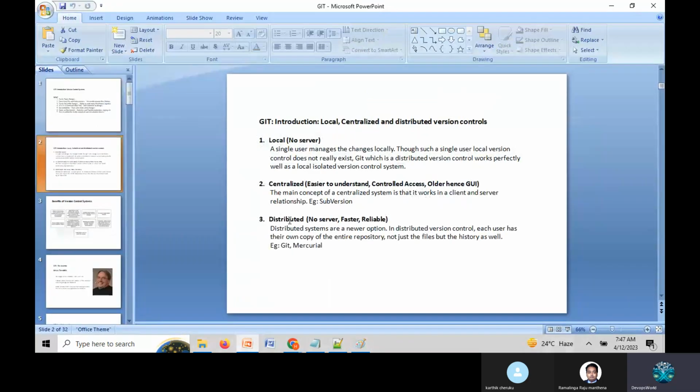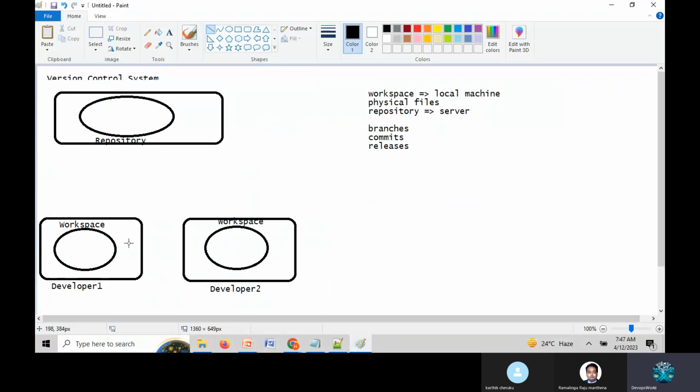And distributed is the new option. When we discuss GitHub, I will explain distributed. Distributed means that in the local developer machine itself, we can manage a cloned repository. Developer machines are nothing but developer local systems.